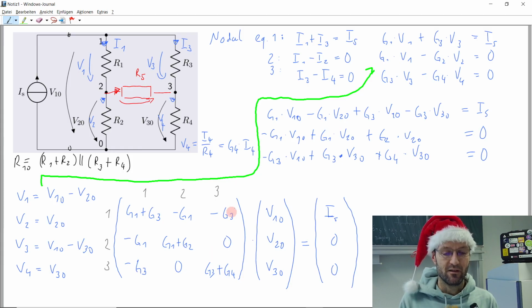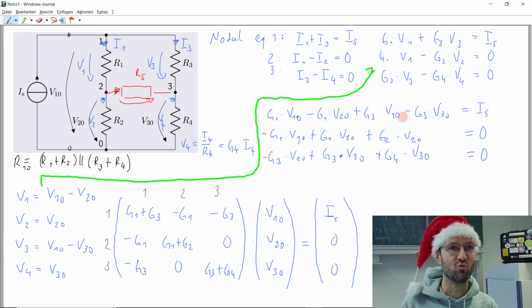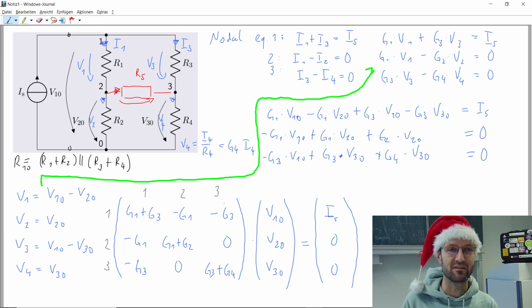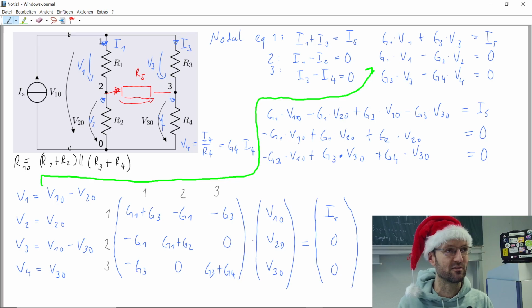Okay, so if we know this rule, we can omit all this derivation part and directly set up the system of equations. This is just shown to show you how it works. At the end, if you know the rule, you can directly set this up. Okay, so there's one rule for the main diagonal, then we need rules for the off-diagonal or secondary diagonal elements. Does anyone spot the rule or see the pattern?